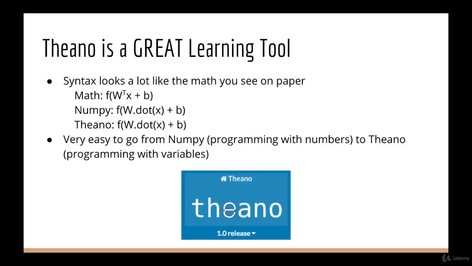Another important fact that I've repeated before is that Theano is a great learning tool. It's absolutely fantastic for learning how to code neural networks. This is mainly due to the fact that the syntax in Theano looks a lot like the math you see on paper. As an example, let's look at the equation for a neural network layer and compare it to NumPy